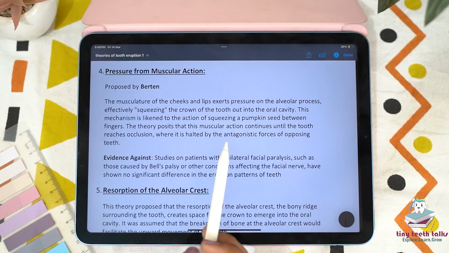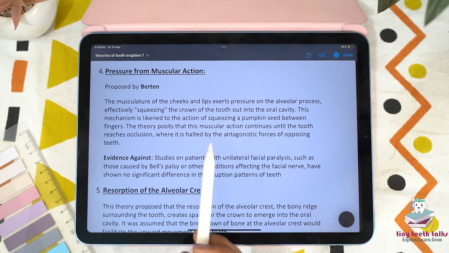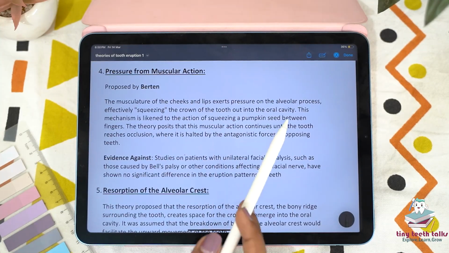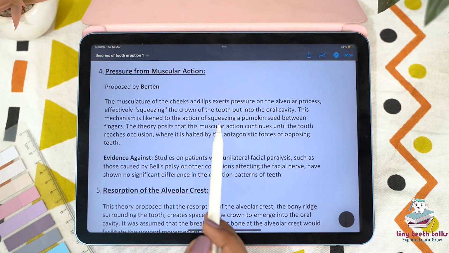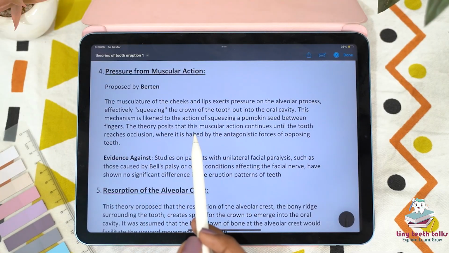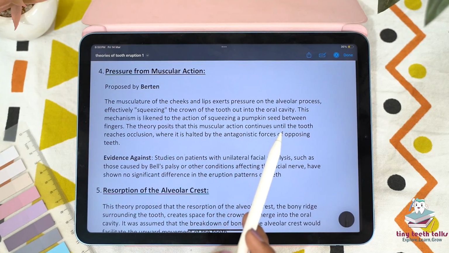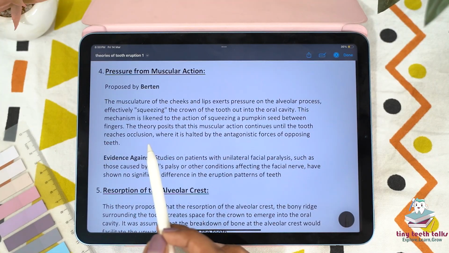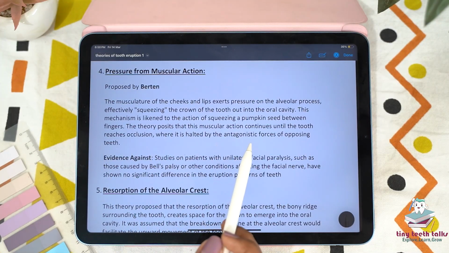So there is a continuous pressure of the cheek and lip which is responsible for the tooth to erupt into the oral cavity according to Burton. This mechanism is linked to the action of squeezing a pumpkin seed between the fingers. The theory poses that this muscular action continues until the tooth reaches occlusion, where it is halted by the antagonistic